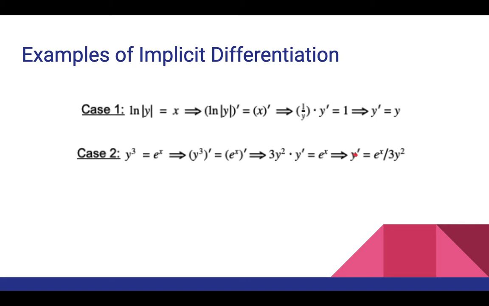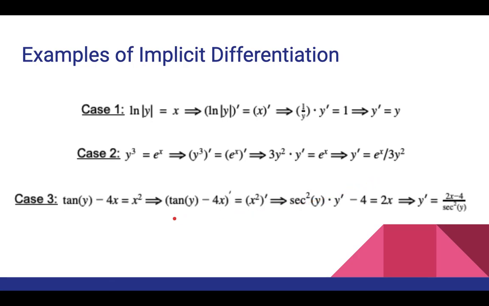And thus solving for y prime, we're going to get y prime equals e to the x divided by 3y squared. And then lastly, one more point just to hammer the point home, is that if we have tangent of y minus 4x equals x squared, taking derivatives of both sides, the derivative of tangent is going to be secant,